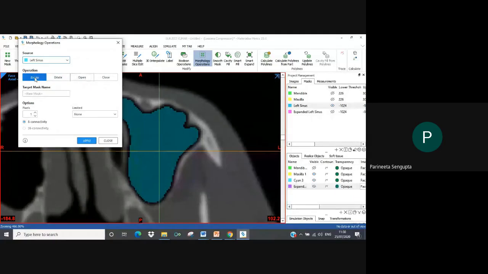So let's first dilate. My target mask name will be dilated sinus. Right.